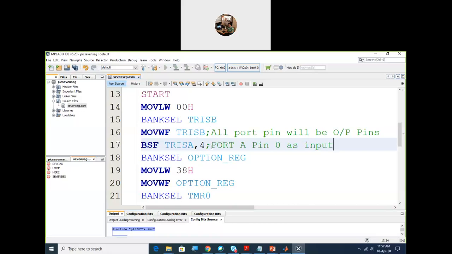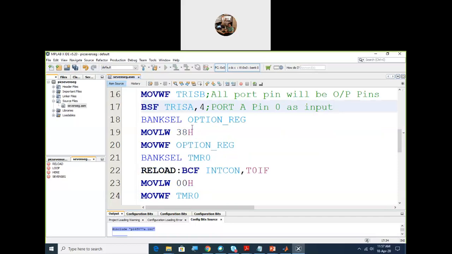Okay, now next you are dealing with the option register. You are loading 38H into the option register. Now the 38H value loaded into the option register will configure your timer 0 in counter mode.